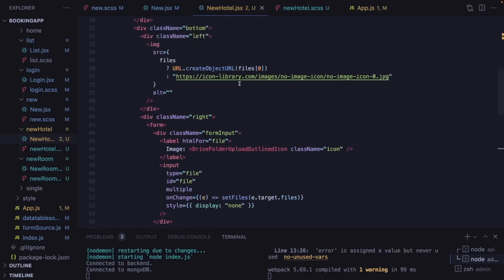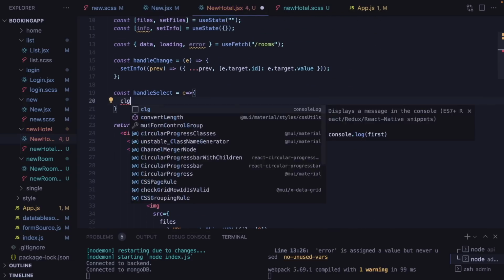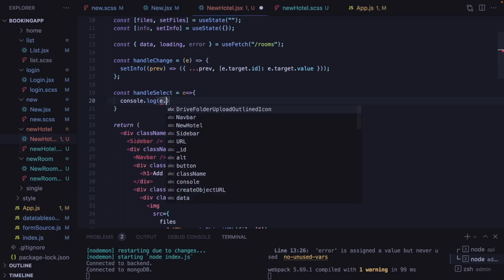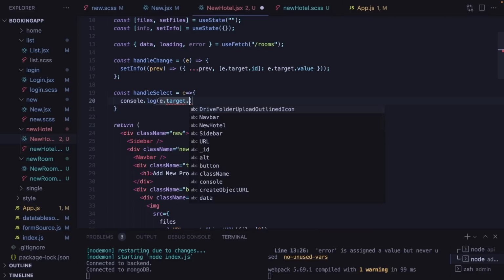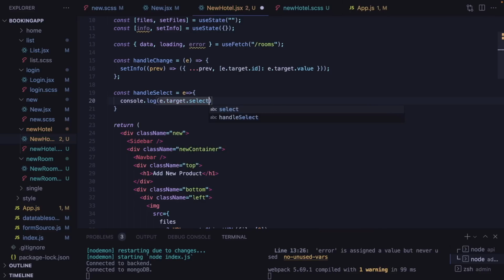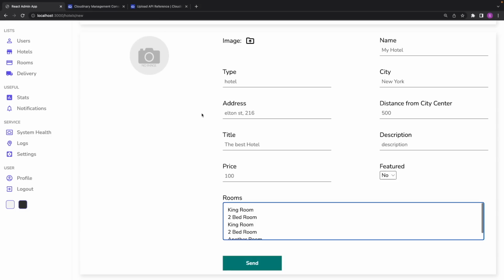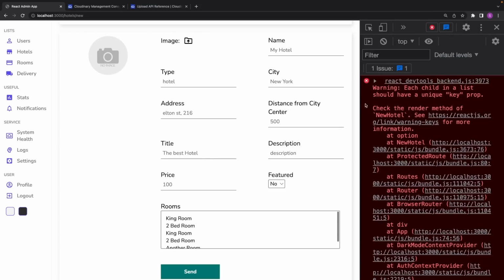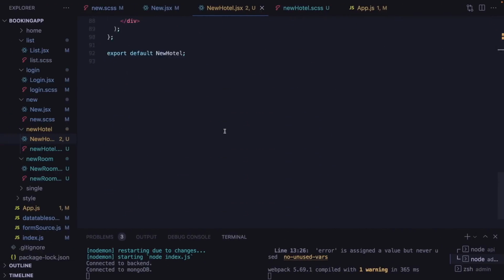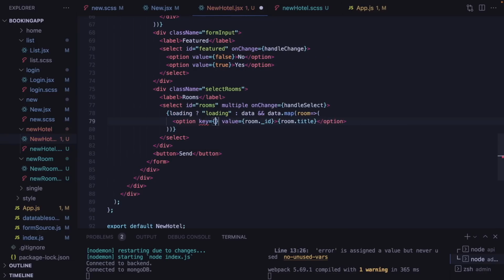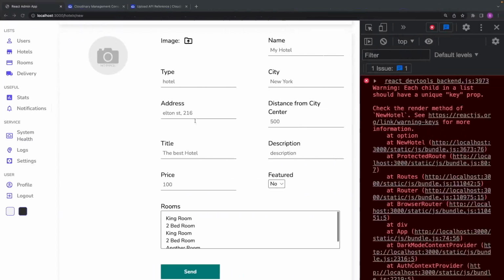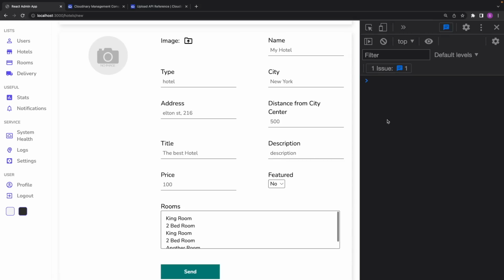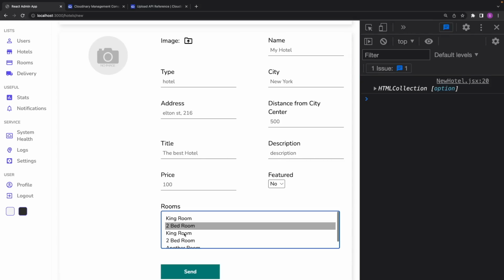By the way, we should handle this select. Let me show you something. I'm gonna say event target and selected options. I'm gonna open console. By the way, we didn't give any key. Let's say key will be room.id. I'm gonna refresh. Okay, I'm gonna choose this one and another one, and as you can see, it shows us